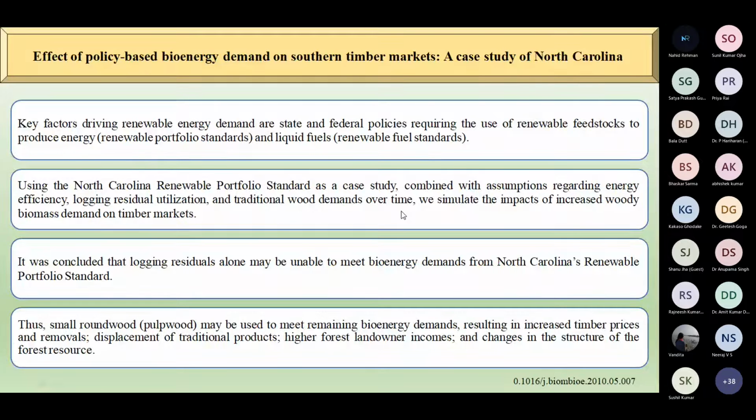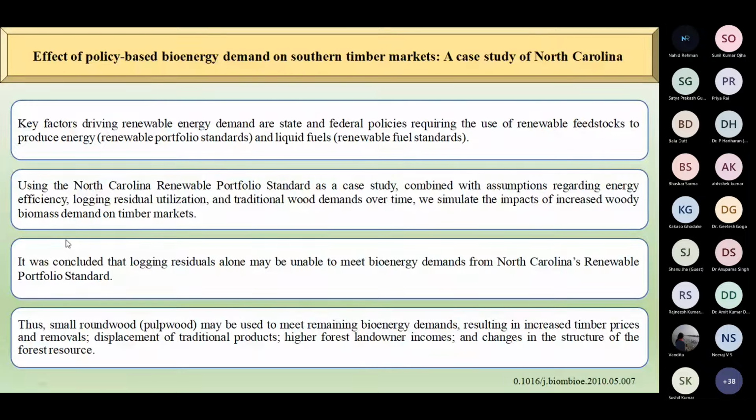And they simulated the impact of increased woody biomass demand on the timber market. And they found out that logging residuals alone are not sufficient to meet the bioenergy demand from the North Carolina renewable portfolio standard. So small pulpwood or roundwood may be used to meet the remaining bioenergy demand,